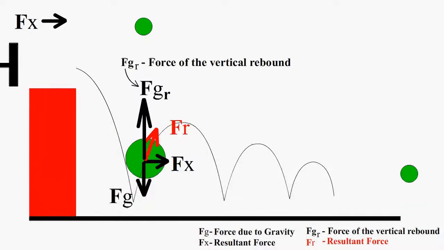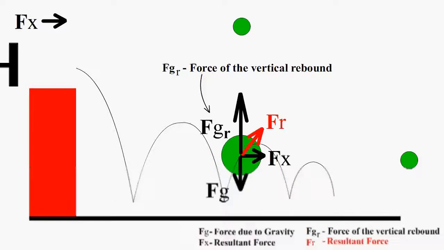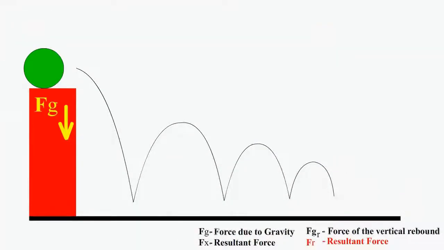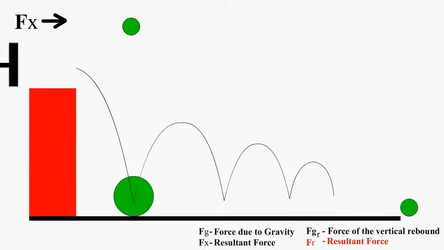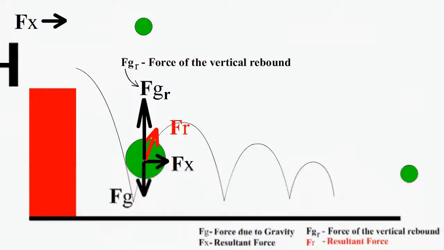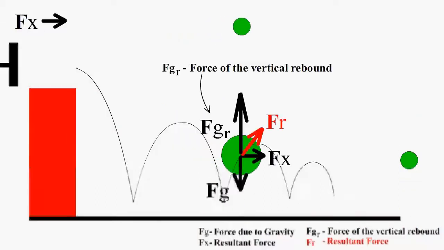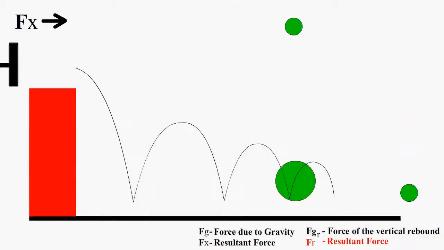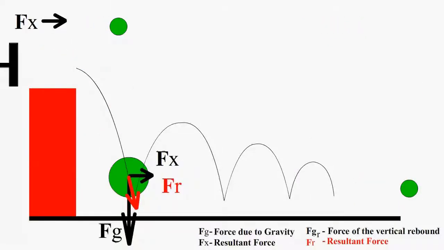Because you can deduce from this example that when an object goes in a straight line, it means that the force making it go in that direction has to be too great, so that the resultant is favoring one direction. Which is why, let's say, when a rocket goes up, it goes quite a lot vertically, because there is a tremendous amount of force being exerted on it due to the exhausts.